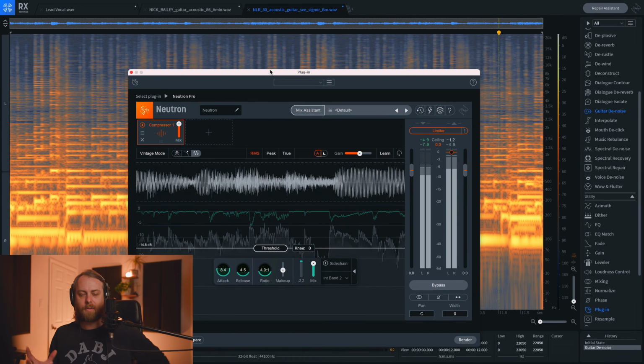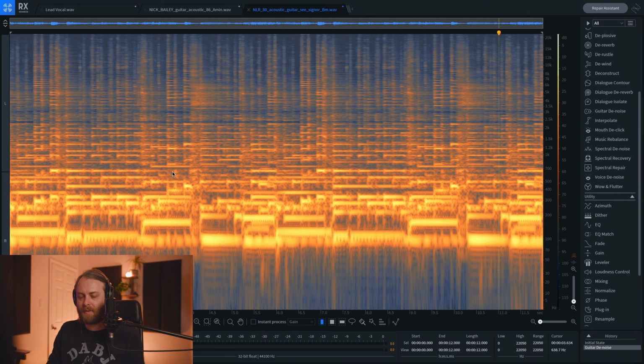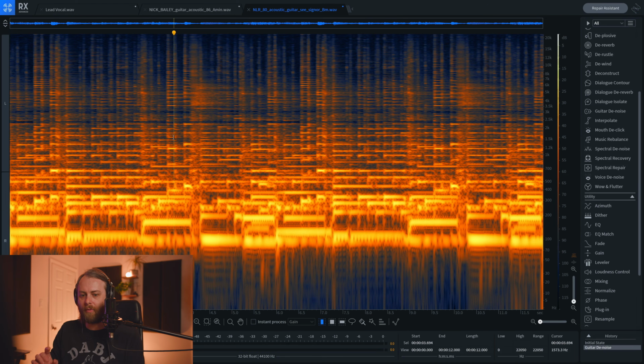So the squeaks are still there, but they're less hitting us in the face. And that's the point. The physicality of someone playing guitar is really cool, and I don't want to get rid of that per se. I just want to control the squeak sounds. So those are two very musical examples of how you can remove and control for problems on a vocal and